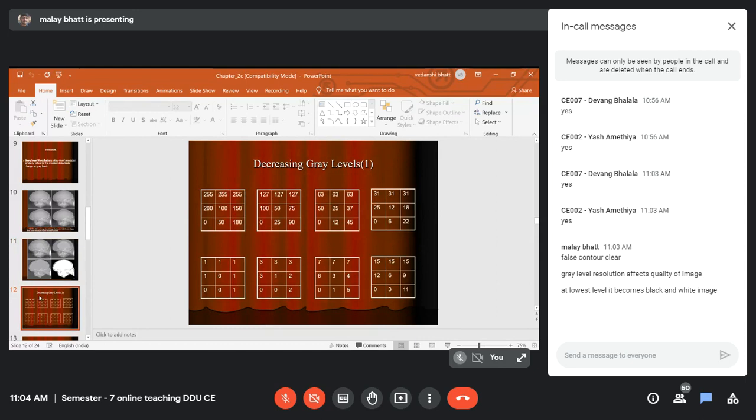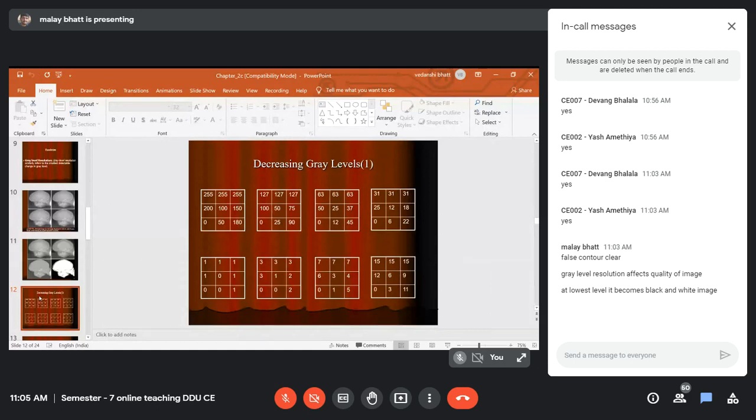To reduce the number of gray levels from 256, the range is from 0 to 255, where 0 is black and 255 is white. So we have a total of 256 gray levels. From that, we'll achieve 128 gray levels, so the range will be from 0 to 127.